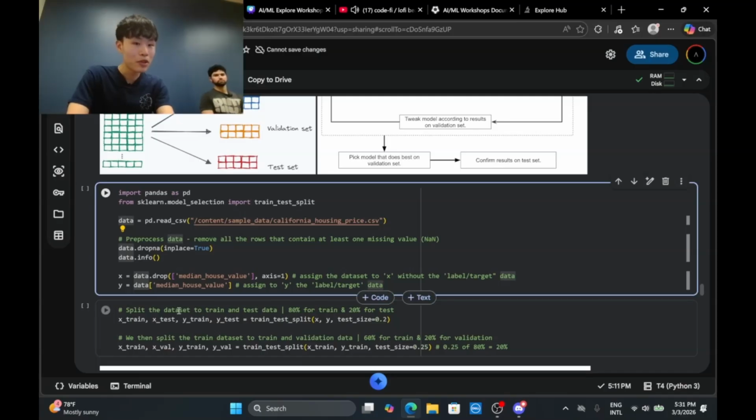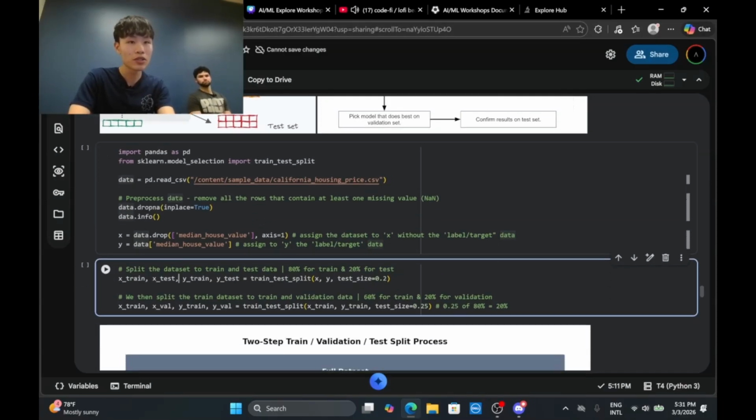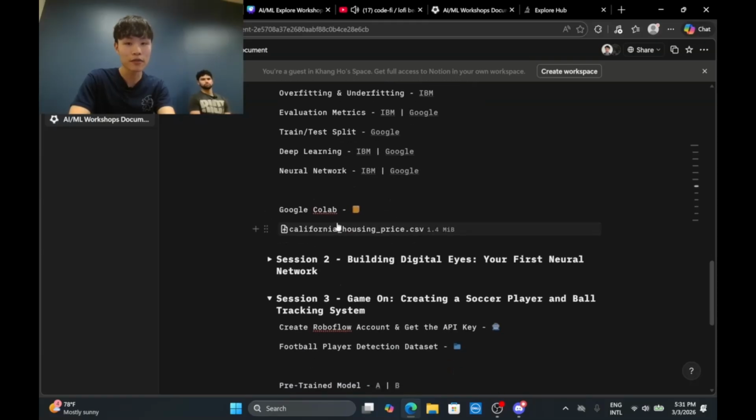So I have an example here. I want you guys to try it out. You can go back to the Notion docs, and I have this here. It's a CSV file, a dataset file.